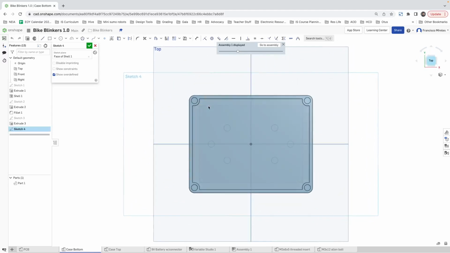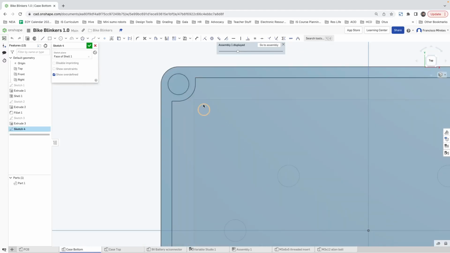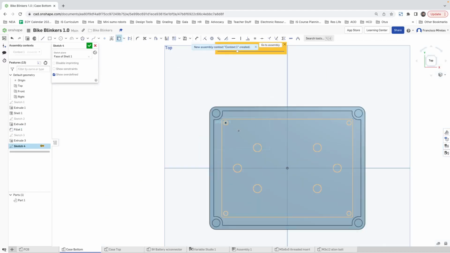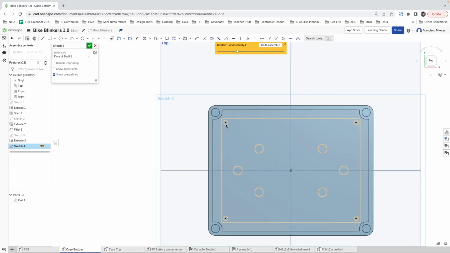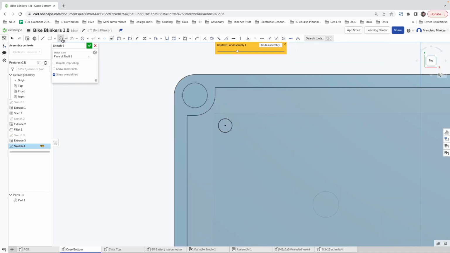And I'm gonna say, can I project this circle I needed, this circle I needed, this circle I needed, and this circle I needed. And I need it precisely for making,